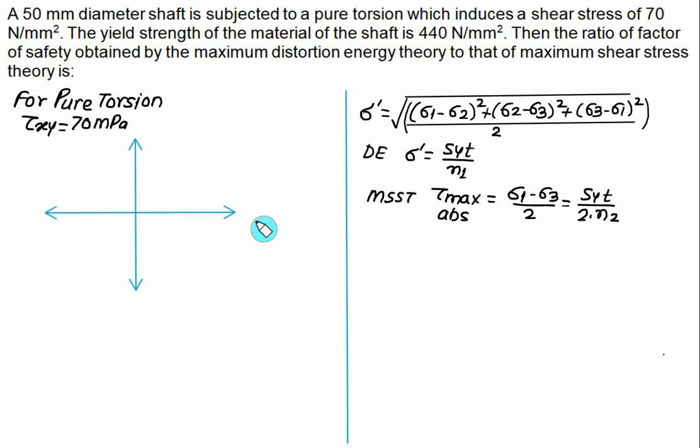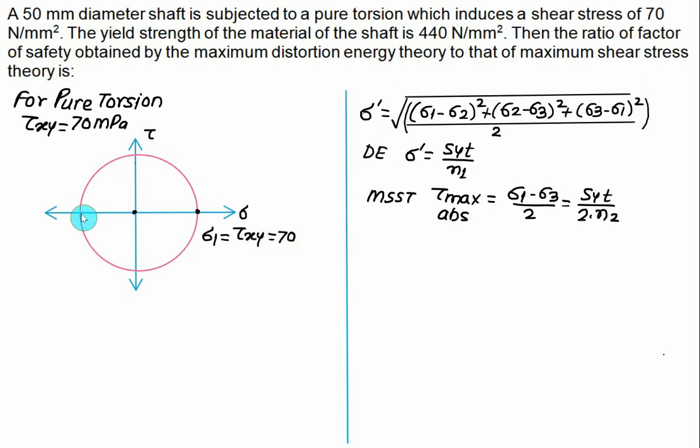For Mohr circle, you have to use the x-axis as normal stress and the y-axis as shear stress tau. Both the points here are pure shear, that is this point and this point. So Mohr circle in the case of pure torsion is nothing but a circle centered at origin. This Mohr circle intersects to the right hand side at the given point. This one represents the principal stress. Let's say this principal stress sigma 1 is equal to tau xy, which is equal to 70